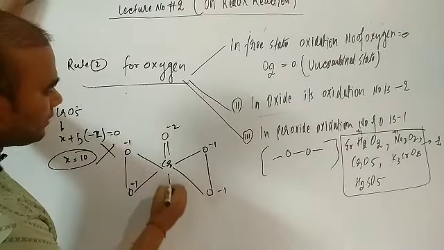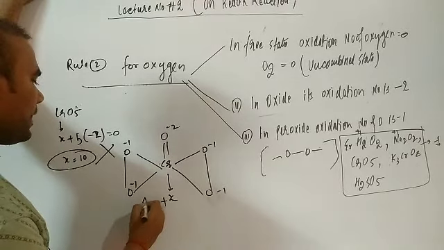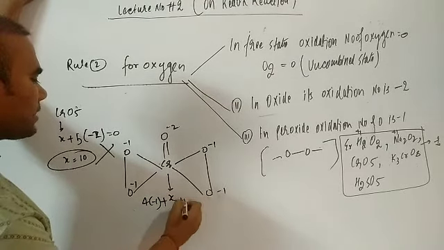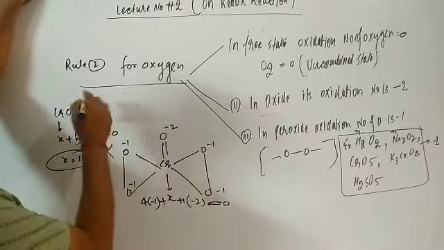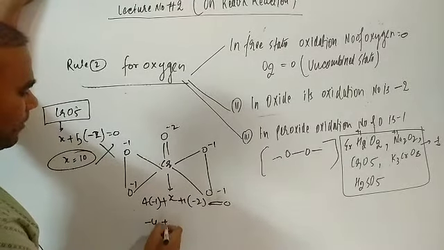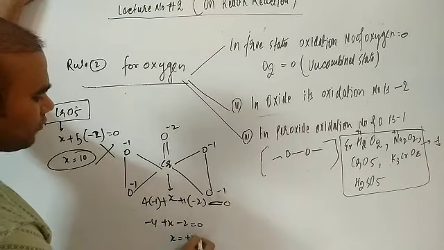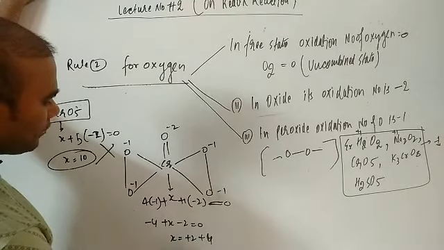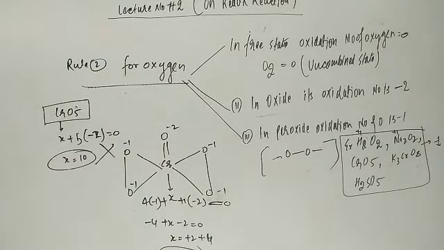Now you consider the chromium to be x. How many oxygens? Here 4 oxygens are there, each with -1, and 1 oxygen is there whose oxidation state is -2, equal to 0. Because as a whole CrO5 has no charge, so 0. So -4 plus x -2 equal to 0. Okay, so x is equal to +2 plus 4. So x is equal to how much is coming, student? This is coming +6. So this way we have to understand, student, where the peroxide linkage is and where it is not, that we have to keep in mind, dear students.